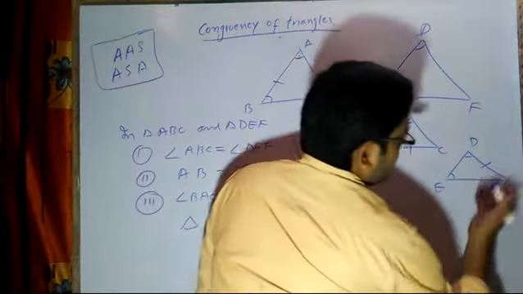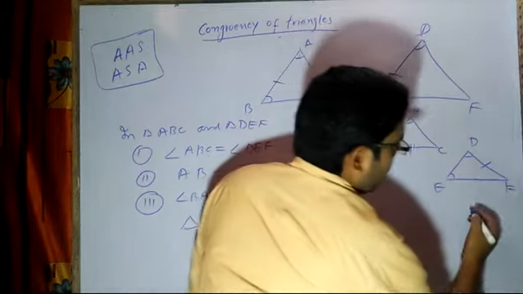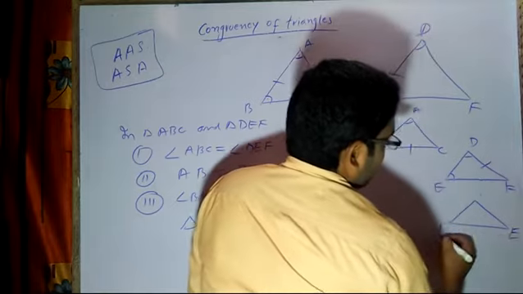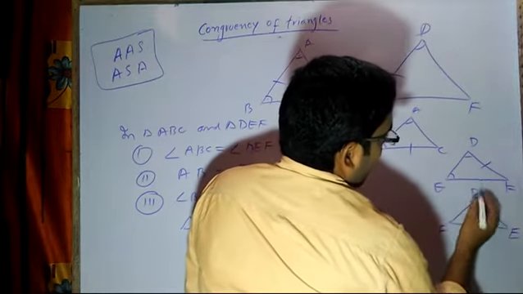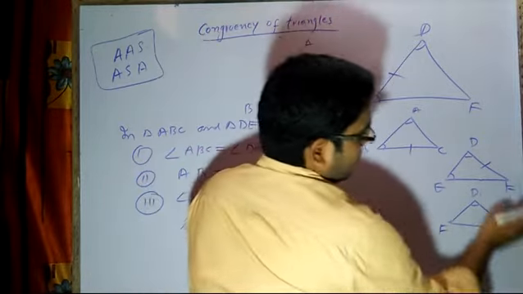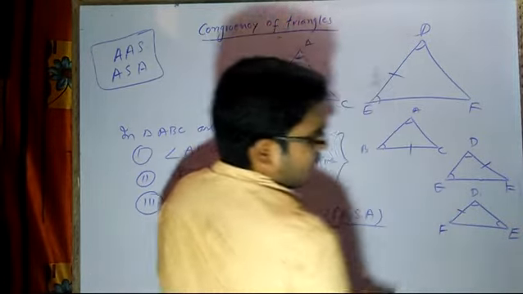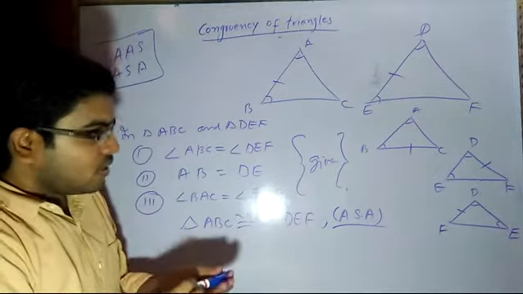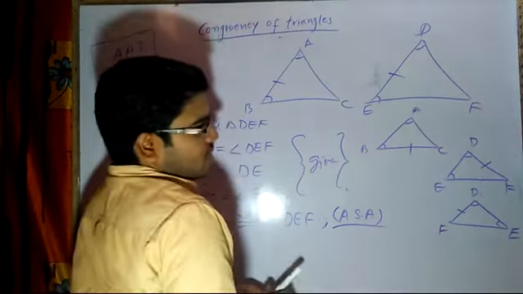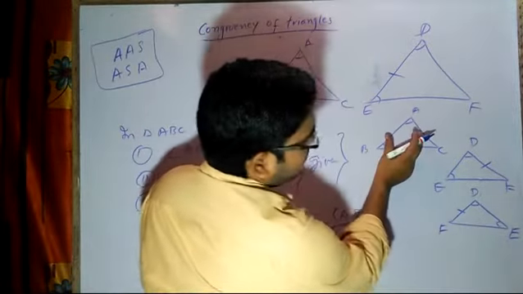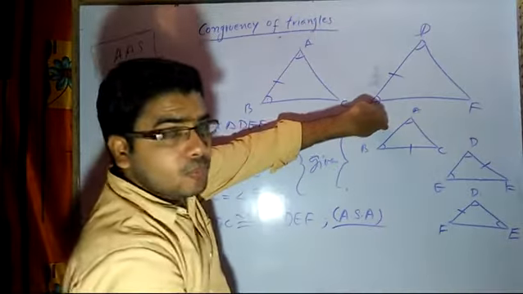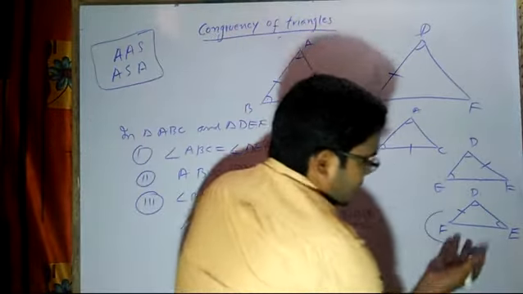Now, if I twist this, if I rotate this 180 degrees, then what will I get? I will get E here, F here, and D here, and then angle D and angle E will remain as they are. Now, I will be having DF. Where is my DF? This. Correct? In this way I will get. Now, if I rotate this and try to put it here, again this side will come and sit here. It is not possible.